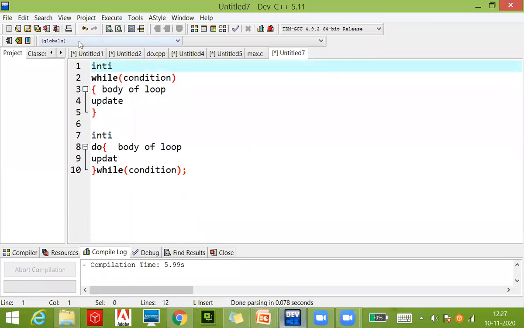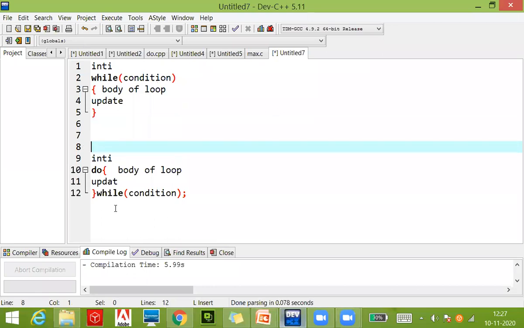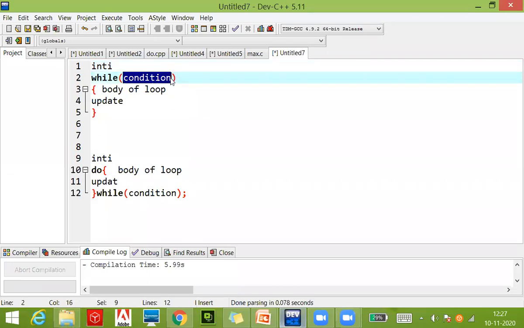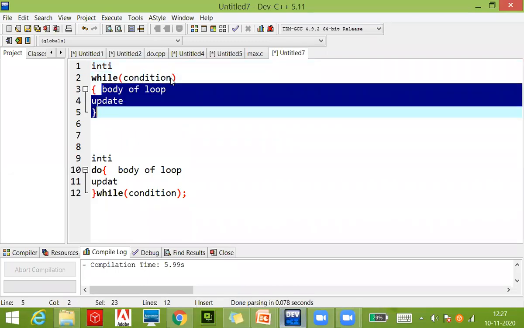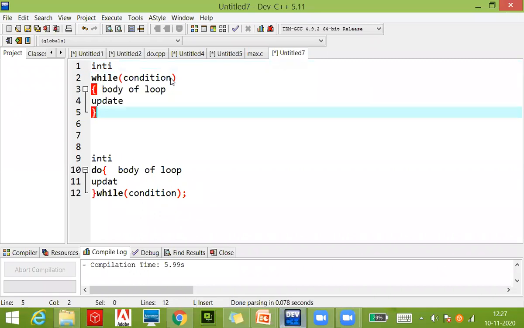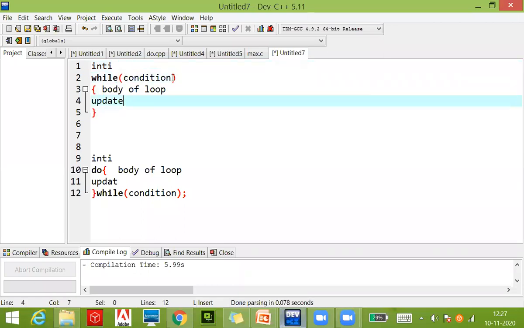So I have these two loops. Upper one is the while loop, lower one is the do while loop. Yes. So what I have, मेरे पास में यहाँ कुछ इनिशियलाइजेशन हुई, इस कंडीशन को पहले चेक किया जाएगा, अगर ये कंडीशन ट्रू है तो बॉडी ऑफ द लूप विल बी एग्जीक्यूटेड, ठीक है। और फिर कुछ अपडेट होता है और ये लूप चलेगा, जब फॉल्स हो जाएगा तो ये नहीं चलेगा, ठीक है।